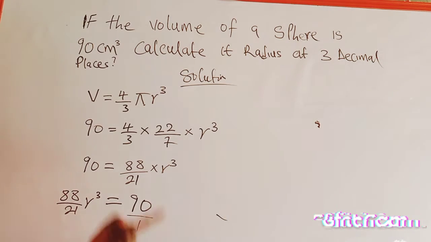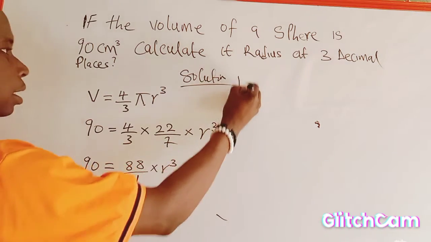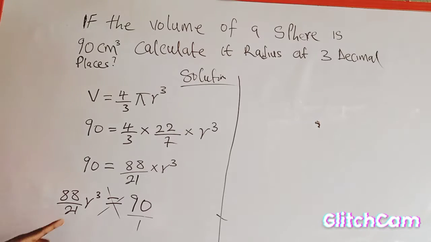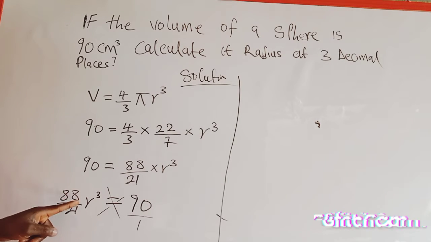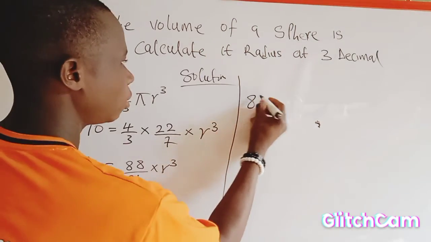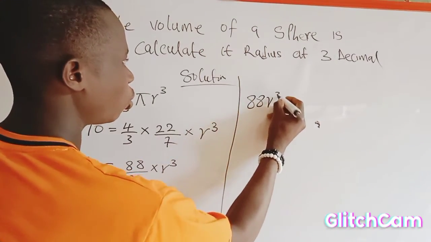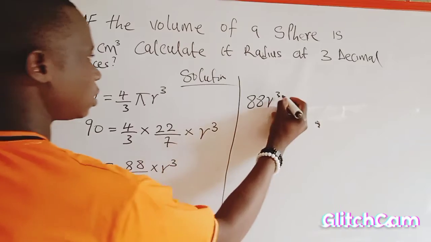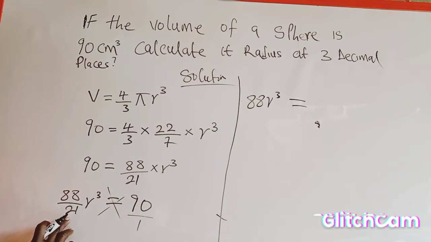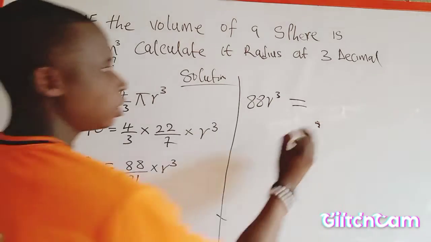So I can cross multiply: 88 r cube multiplied by 1 still gives 88 r cube, because any number times 1 is that number. Then the equality sign, then 21 multiplied by 19 will give me